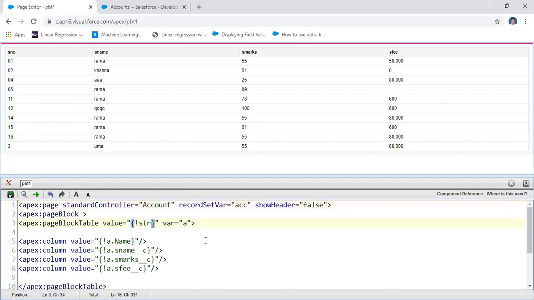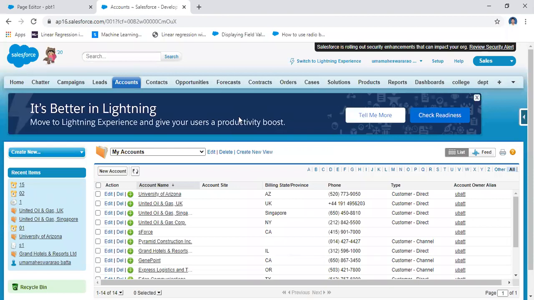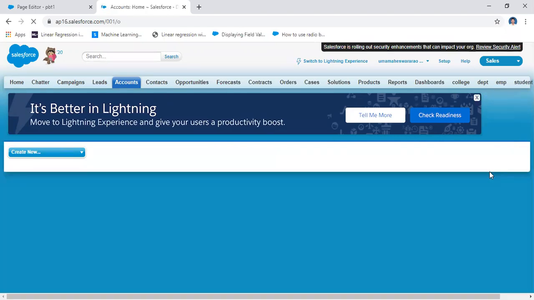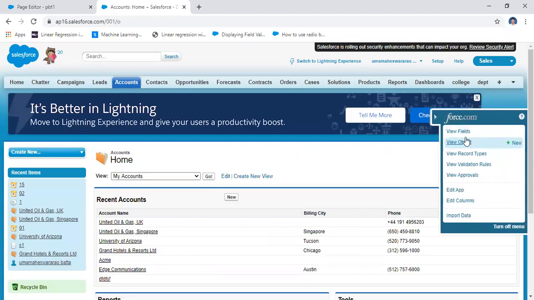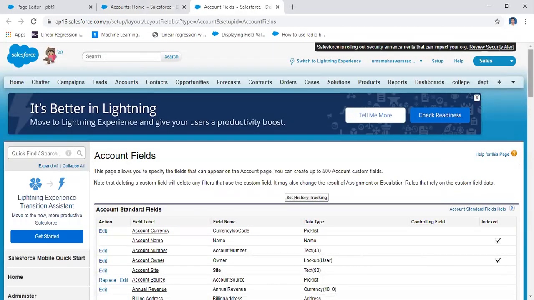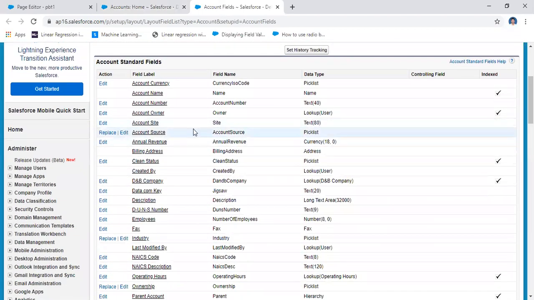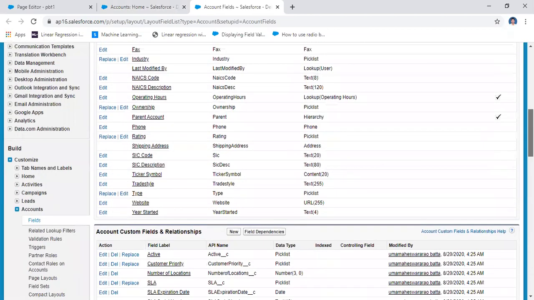And then here also I'm taking ACC, and the variable is the same. That means I'm taking the account. Here I need the required information from the account. How can you get it? Here I want to know the variable value. What are the variables I am using? Yeah, these are all variables. The account is the name of the field. Here you have some field names: account name, account number, and then account type. Like that, you have different variables.